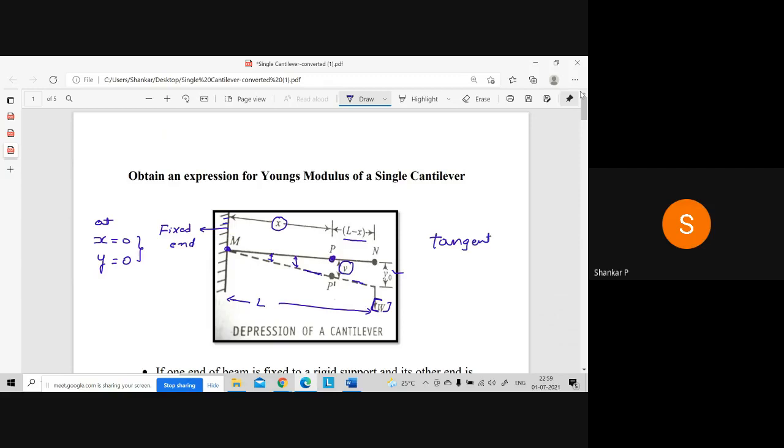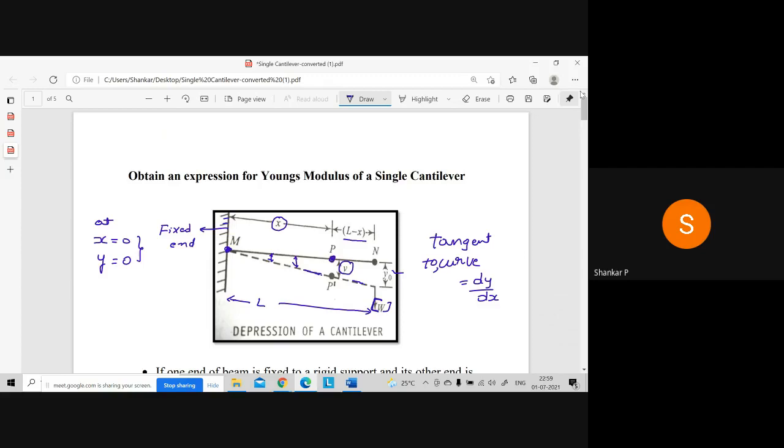So the tangent to the curve at any point is dy by dx, and we can see here the dy by dx keeps decreasing, and at